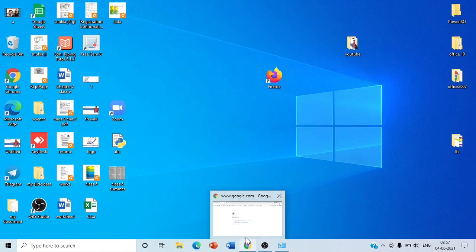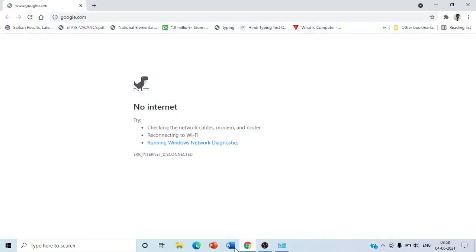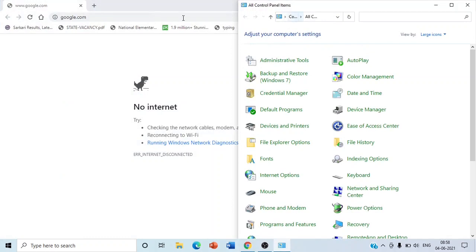For example, here is a small Google Chrome window, and here is the control panel. A small screen of the window will appear. That feature is known as Aero Peek.